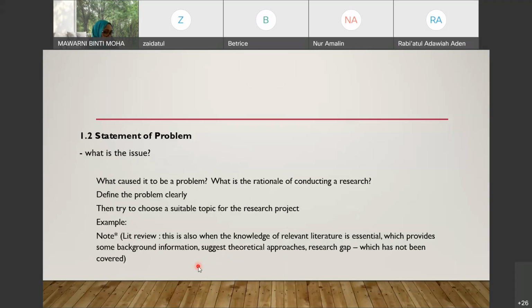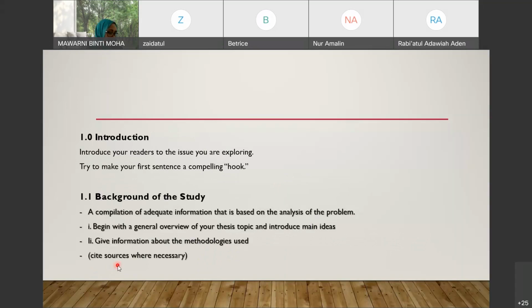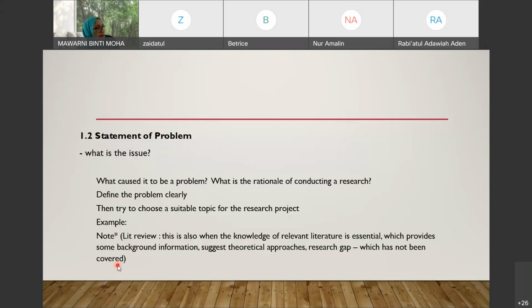Sources here means maybe some opinions or points of view that you got from newspapers, from some prominent personalities, some educators, ministers, for example. It's okay to have that, because that is the issue that you want to look into. All right, moving on. The background is where you have already established your topic. This is one of the most important parts.